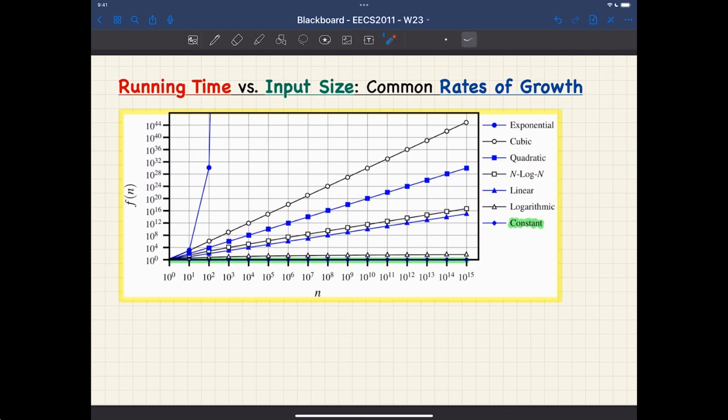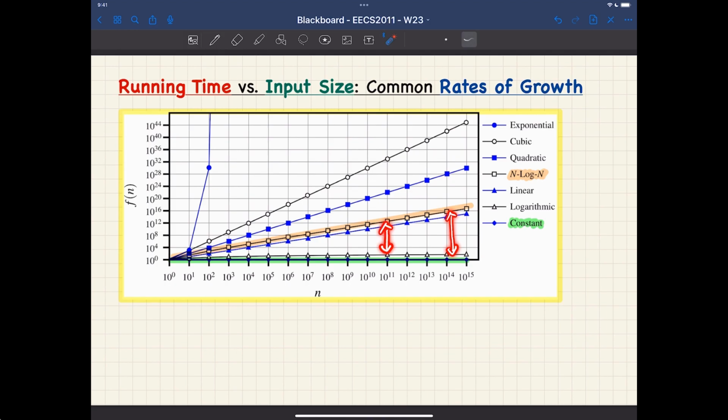All right? On the other hand, let's take another one, for example. If you got another function, let's say that's linear, well, even n log n, let's say. N log n is the more expensive one, compared with constant. If you look at that, I believe that one's here. Okay, this one here. This one here, apparently you can see there is always a gap between n log n and also the constant,